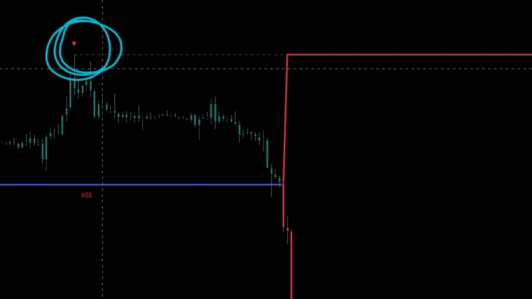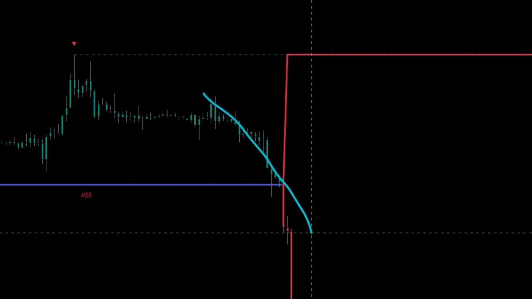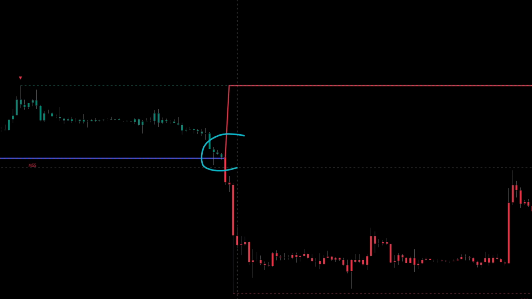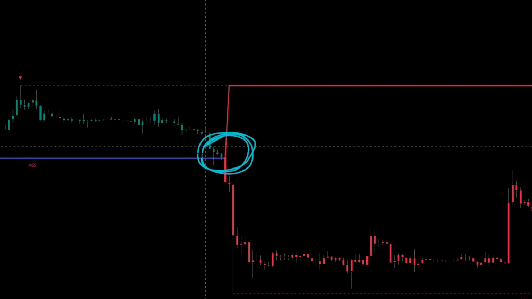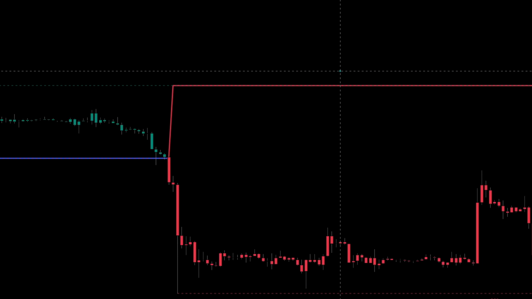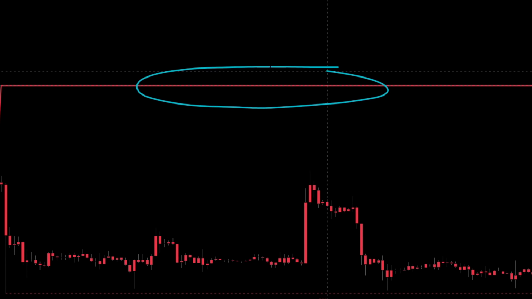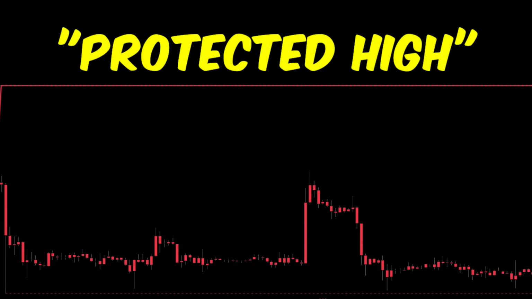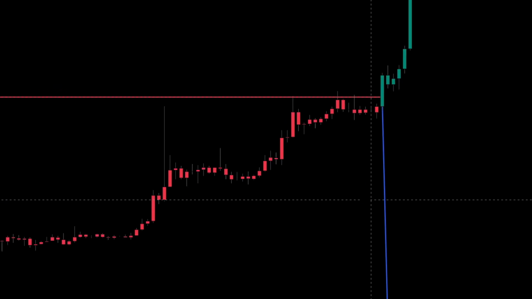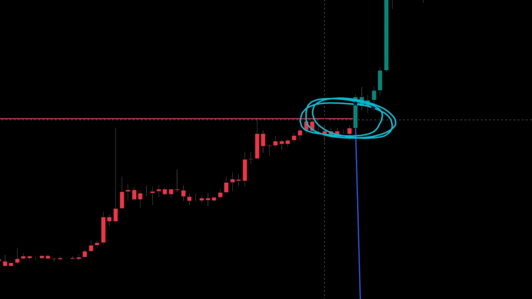This right here is basically the last significant pivot point the indicator found after we broke this blue level right here. As you guys can see, after the price broke this level, the previous pivot point became this sort of red thick line right here, and that's when this level became a protected high. So in order for the indicator to now produce a bullish signal, the indicator needs to break above this protected